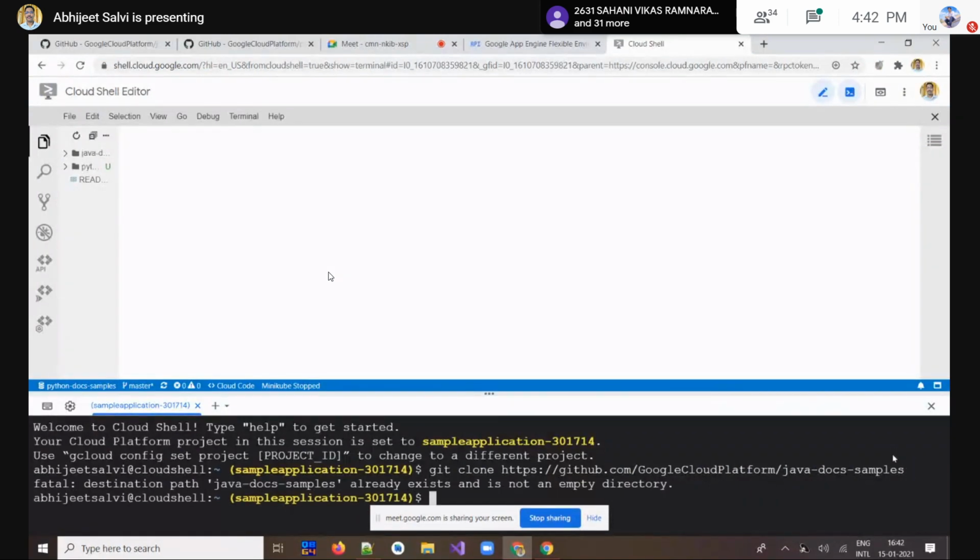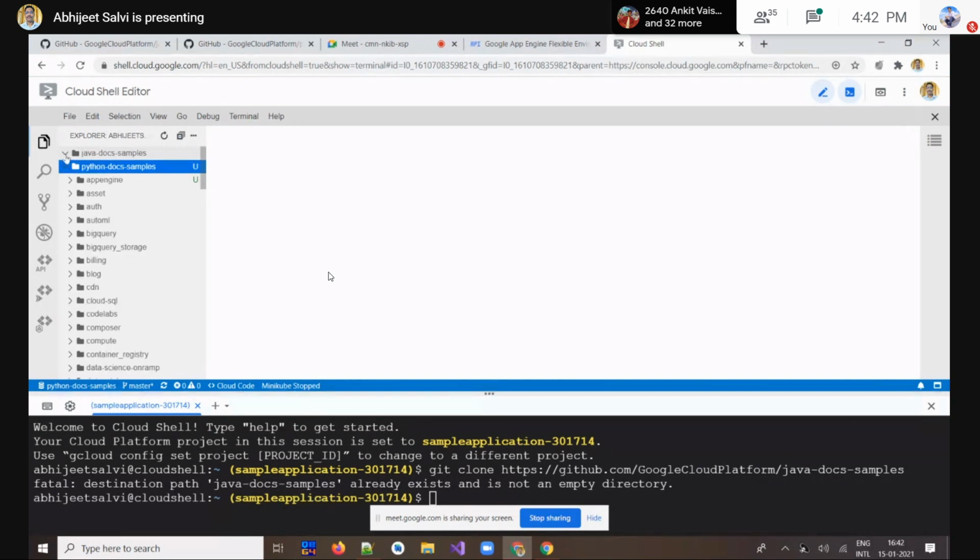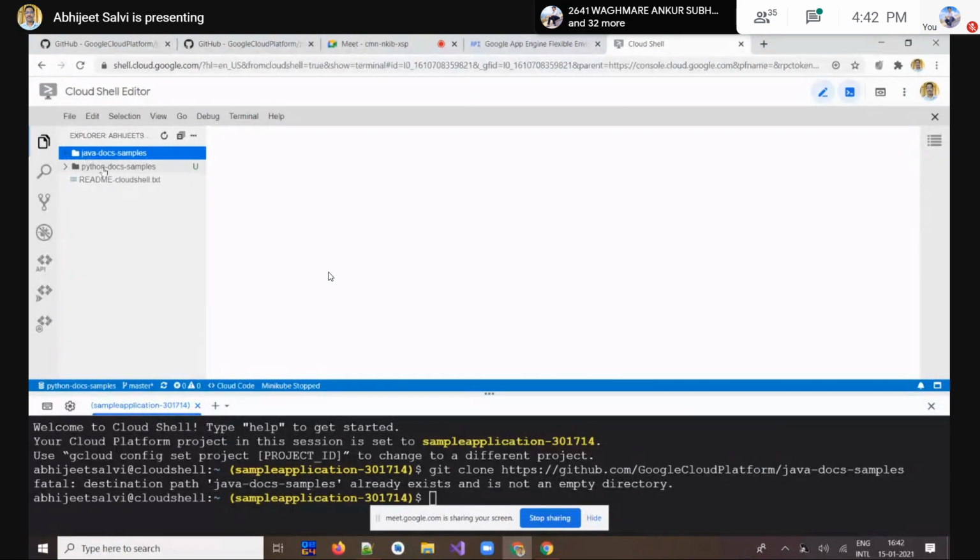Okay, it's already there, so it's showing like this, but you can try with this particular command. I hope you understand it is already there. If you expand this window properly, I already put that command over there. Let me see.